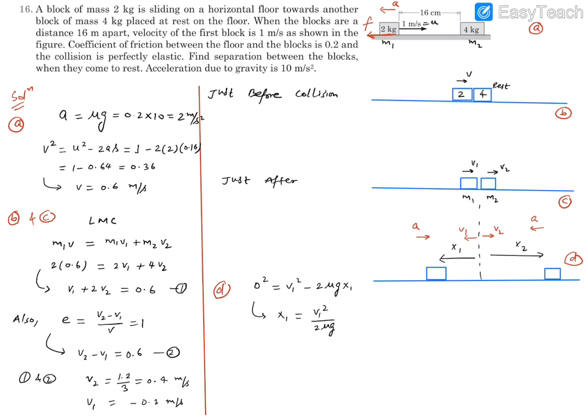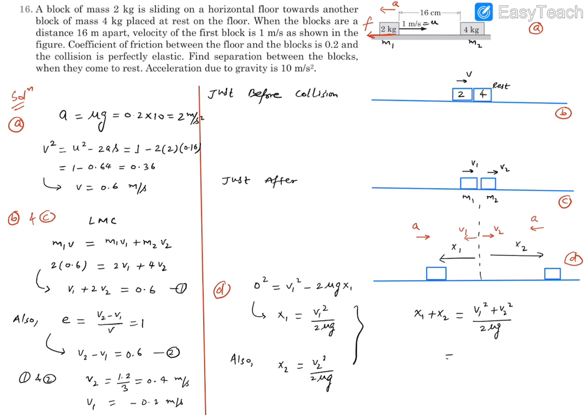Can we apply the same for block number 2? Yes, of course. So we can write directly that x2 is equal to v2 squared divided by twice mu g. Mu is 0.2, g is 10. So that's 0.2 and 10, 2 and 2 multiply 4. So that's 4 basically. We are interested in finding the total distance, which is x1 plus x2. So x1 plus x2 is equal to basically v1 squared plus v2 squared divided by twice mu g.